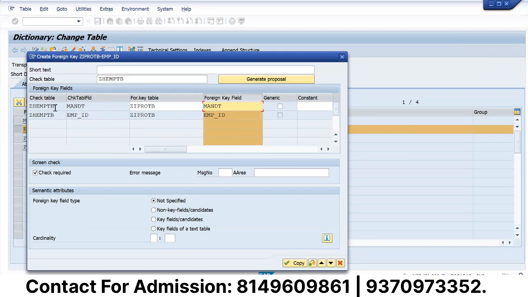You can see from this header table, it comes as the check table, and our secondary table comes as a foreign key table. There we are giving the relationship. So in MNDT, the field is common in both the tables. Our client dependent table has the MNDT field common in both tables, and for both tables